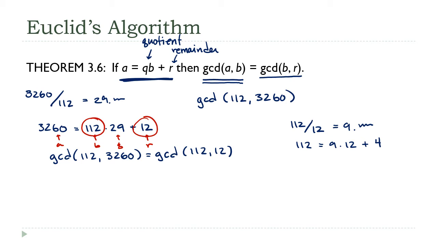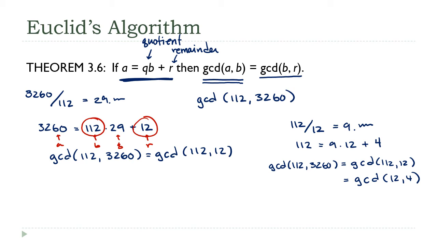So what do I know now? Well, now I know that the greatest common divisor of 112 and 3,260, the number that I'm looking for, is equal to the greatest common divisor of 112 and 12, and this is equal to the greatest common divisor of